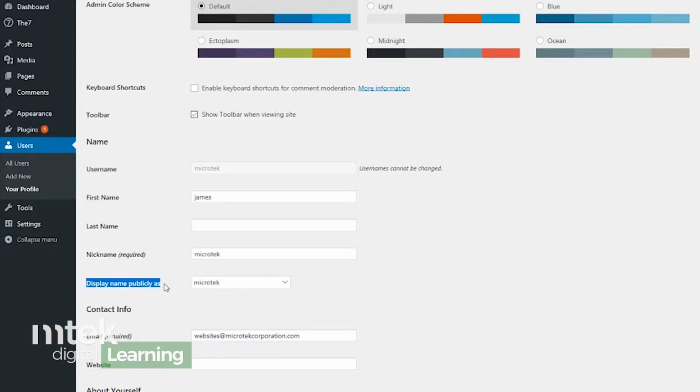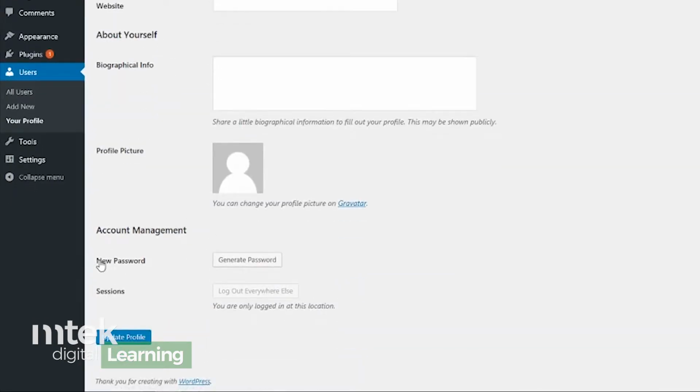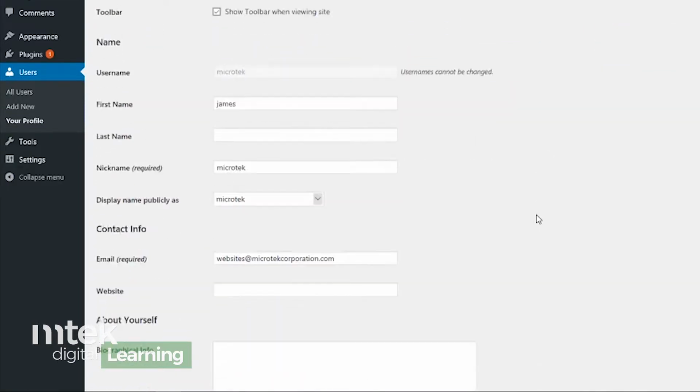It's displaying name publicly as James. Because I typed James here, that shows up in this list. Otherwise, it's just going to show the nickname. So, you might want to have a system for how you present publicly what people will see when you post a blog article. And then there's other information about myself, and I can assign or change passwords right here. I can generate a new password, and then I can hit update. And you have to make sure you hit update when you make any change to this. If you don't hit update at the bottom, you're going to lose that change. So just a little bit of information about a profile.